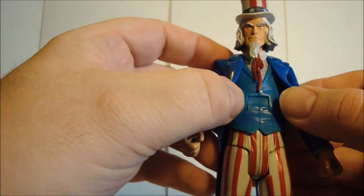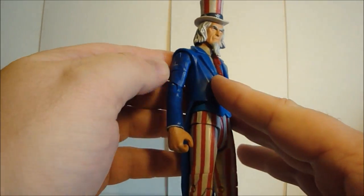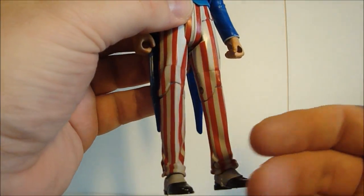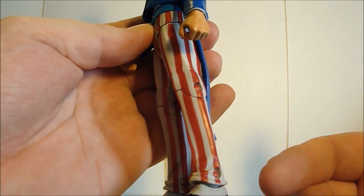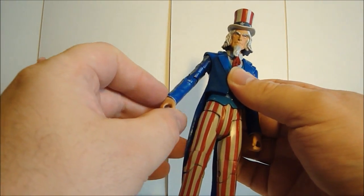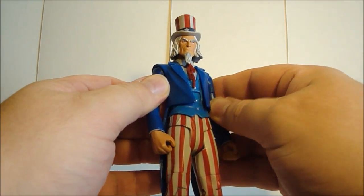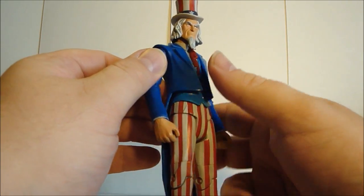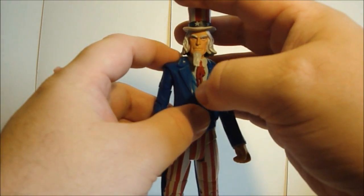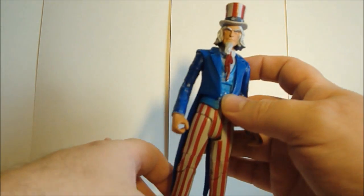I do like the paint job on this. It's an excellent repaint using, of course, the red, white, and blue. Now, unfortunately, the white isn't as vibrant white as I would have liked. It's more that grayish white that Mattel uses for figures occasionally. I don't know why. I guess it's to give it a little bit more definition than maybe just a bold white. They feel it would be too striking, but it is definitely done